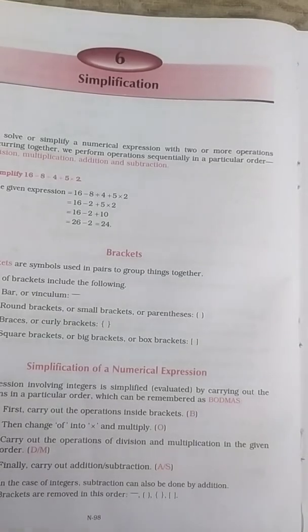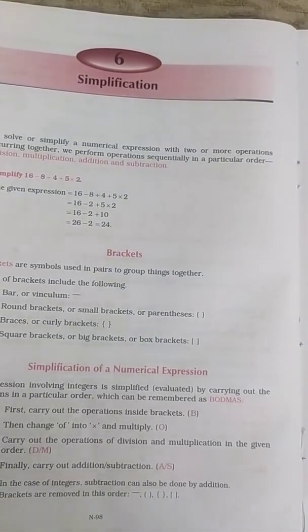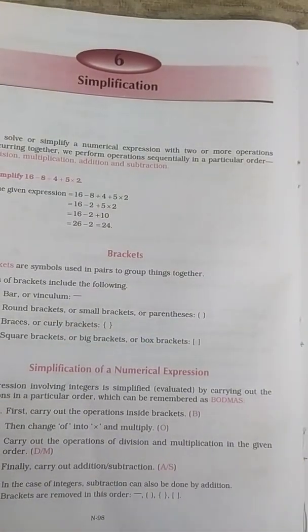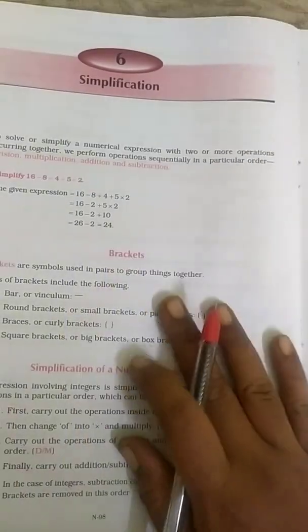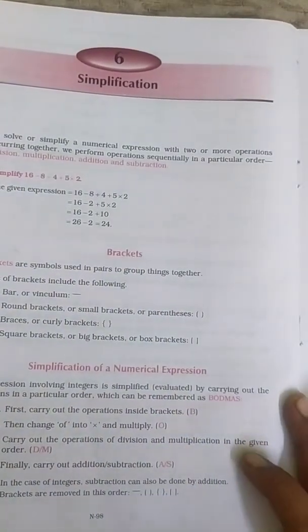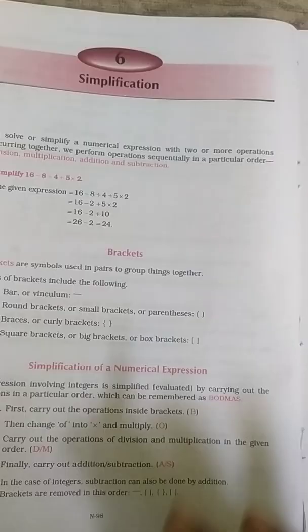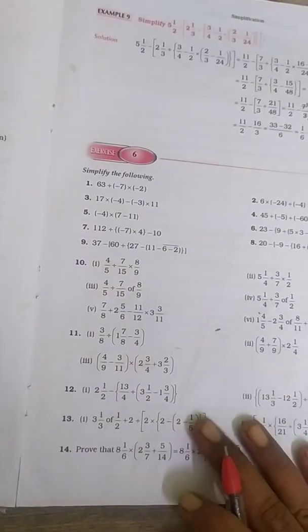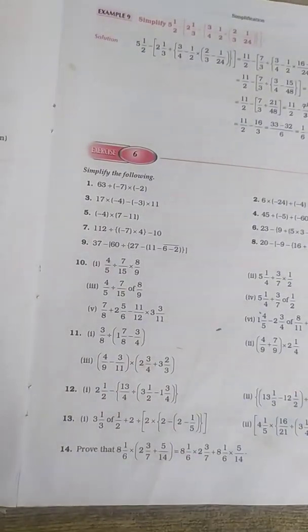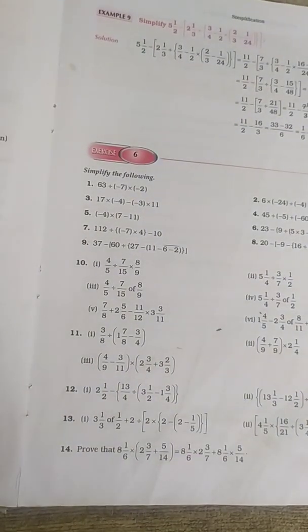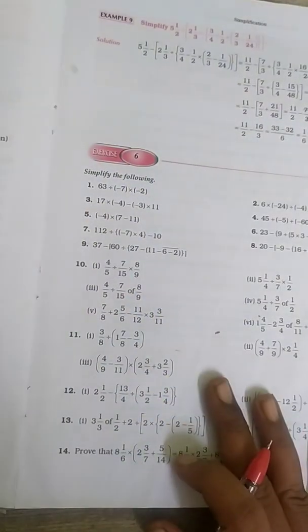Similarly, fill in the blanks. Work it out properly. Then the next chapter is simplification, where you will be getting 5 marks in this topic. In this, we will be solving a given equation using the rule BODMAS. So it is your work to work out all the 14 problems, so that you can attempt this 5 marks question in the exam very well. I have covered 5 mark questions in this exercise alone.